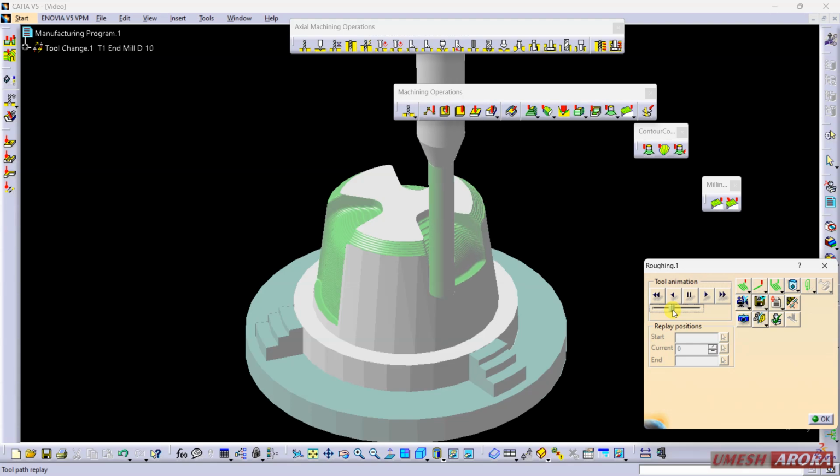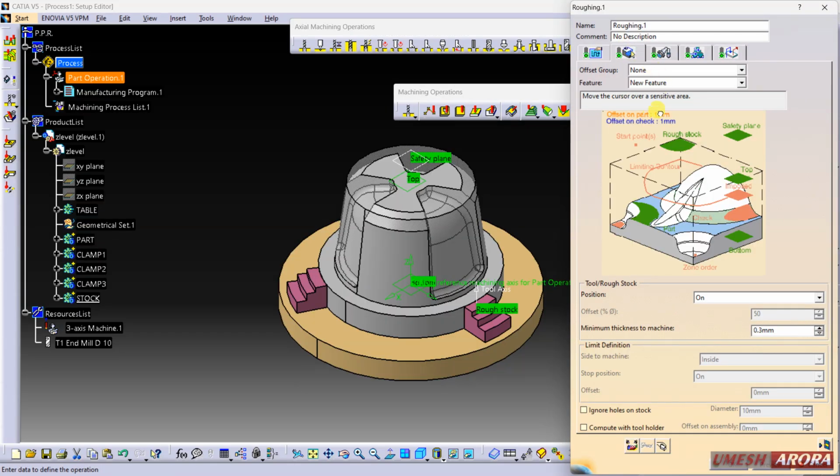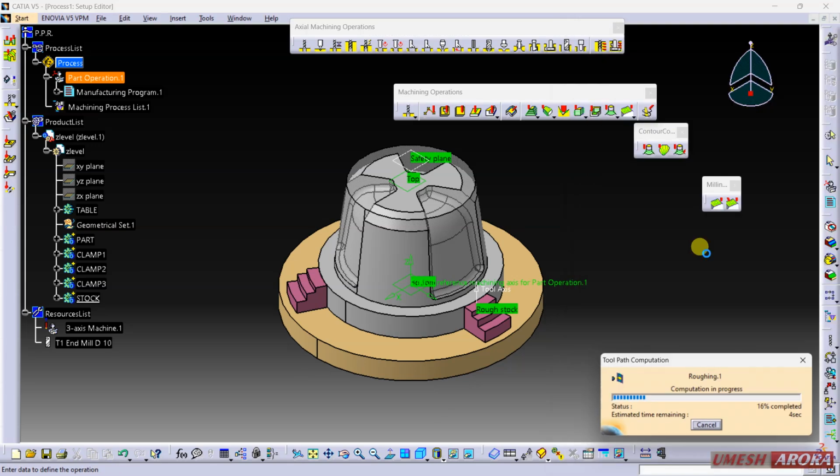So it is working for the roughing, and the material left over the part is 1 mm. So I'm going to change this value from 1 to 0.4, and generate again. Right, so roughing is done.